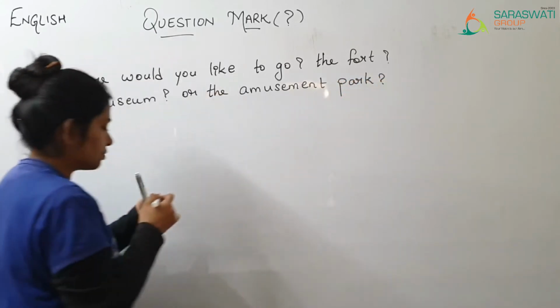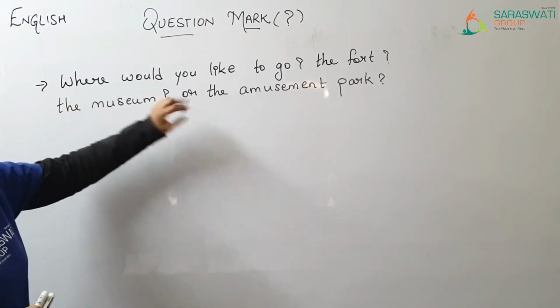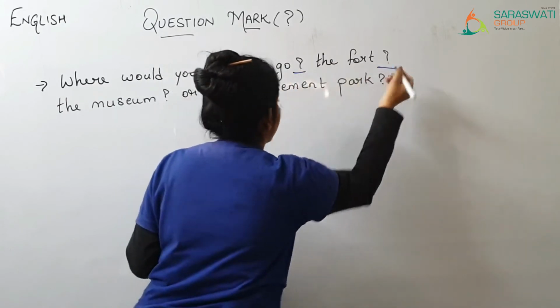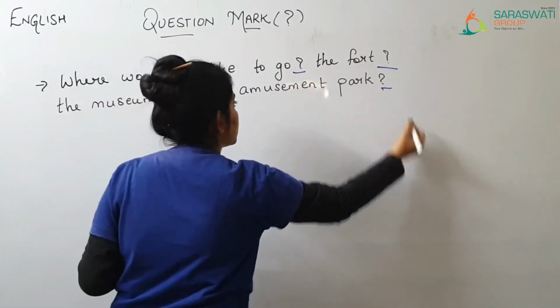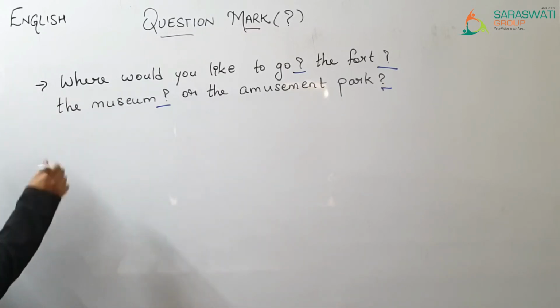Or the amusement park. So over here you can see in one sentence I have put so many question marks. Over here, over here, over here, and last over here. Right? Now, if I'm writing the same sentence again,